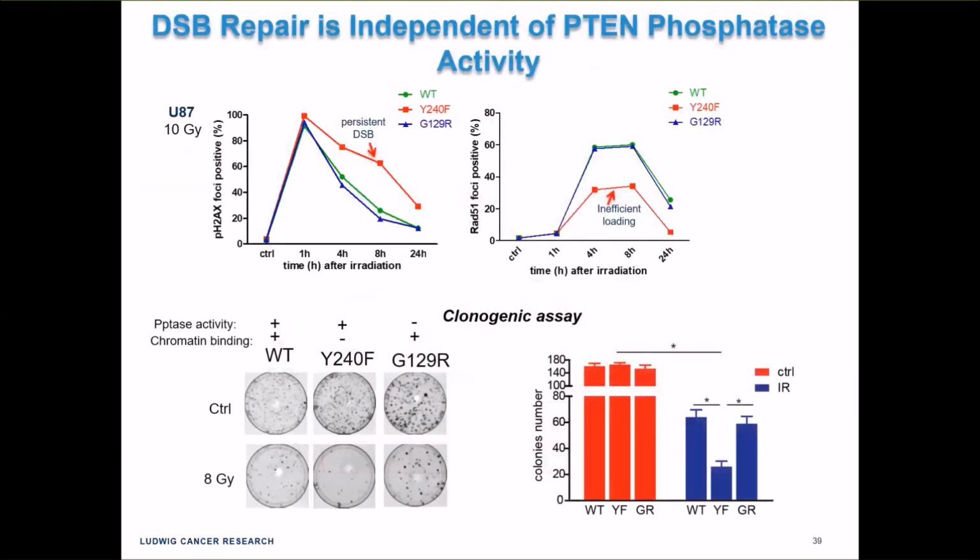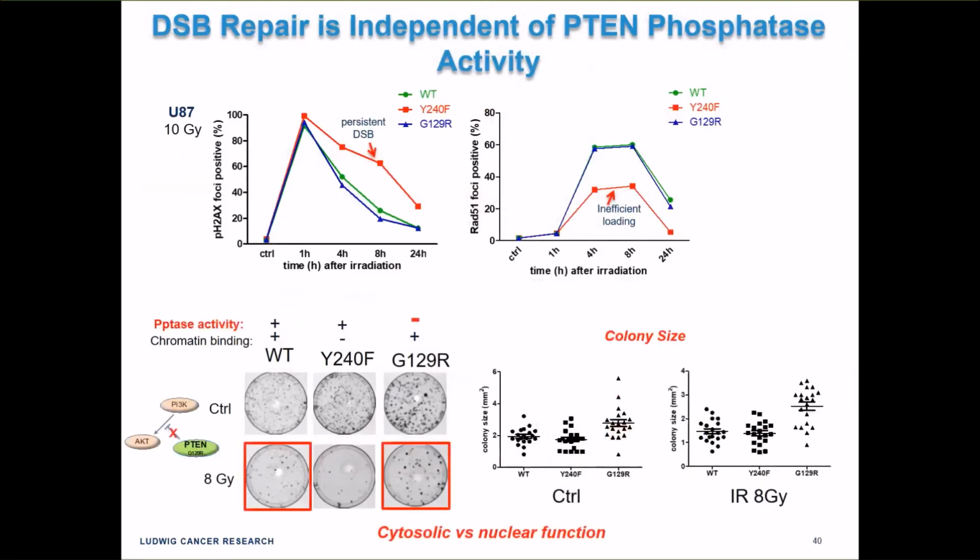We looked at foci formation, by gamma H2AX and Rad51. Wild-type PTEN and G129R are indistinguishable in their kinetics of repair and their loading of Rad51. And then in looking at a clonogenic assay, this is where things got a little bit interesting, and I think we can explain why. G129R and wild-type cells had the same number of surviving colonies after radiation. However, if you look closely at the size of the colonies, the G129R colonies were about 2 times bigger